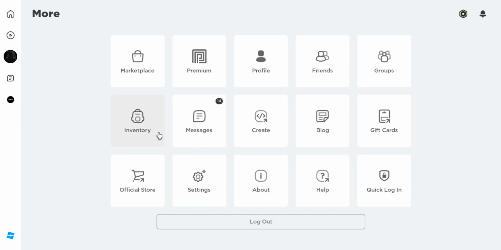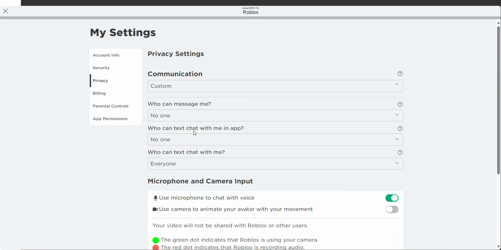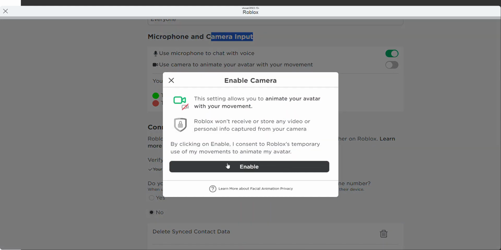Now you have to go to settings. Now you have to go to privacy. Once you're in privacy, you just need to click on this camera permission from here. In camera permission, you have to enable the camera from privacy,